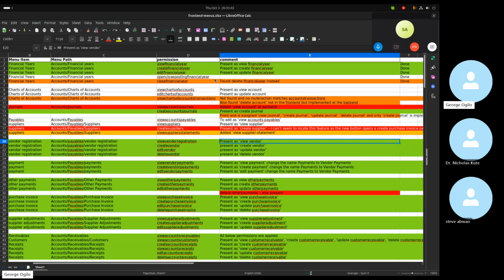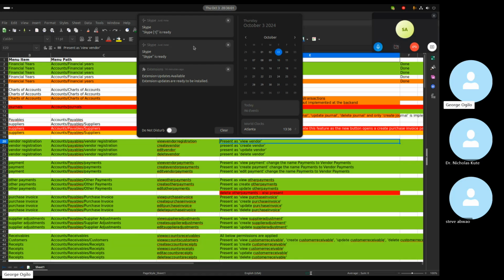For example, if you look at, okay, I color coded them. The green ones are what is already present, so there is nothing to be added. Maybe the name of the permission is what is different. So what I found in the system,